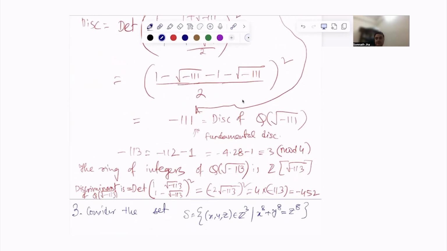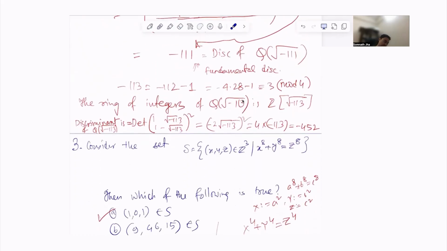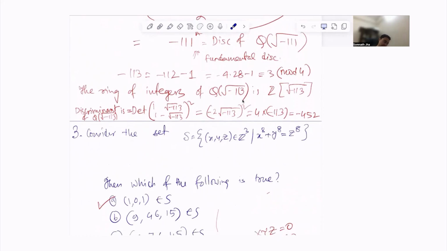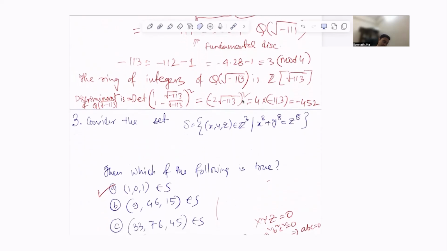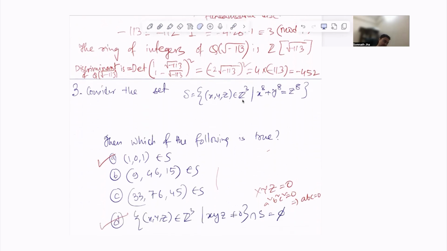So the next problem is: consider the set S of (x, y, z) in Z cubed such that x to the power 8 plus y to the power 8 equals z to the power 8. Then which of the following is true? Okay. (0, 0, 1) is in S, (9, 15, 46) is in S, (33, 76, 45) is in S, and the last one is